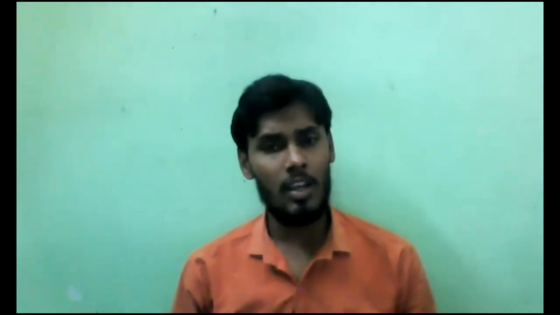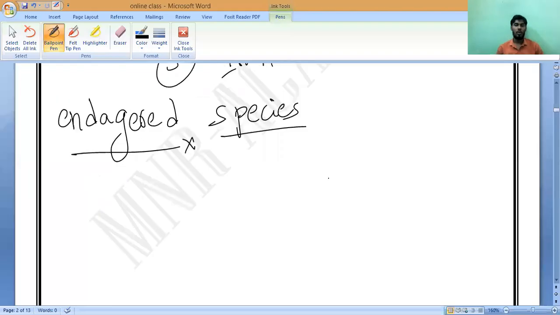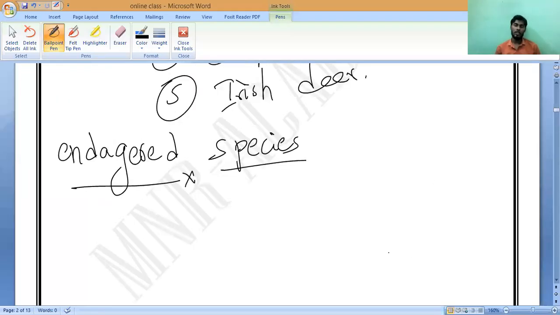White tigers and all, still one or two are there. That is why we study them as endangered. Is it okay, Shruti? Still somewhere, some part of the world, it is existed. Not only in India, some part of the world also, we can say that. So what is endangered species? They have risk of extinction, right?